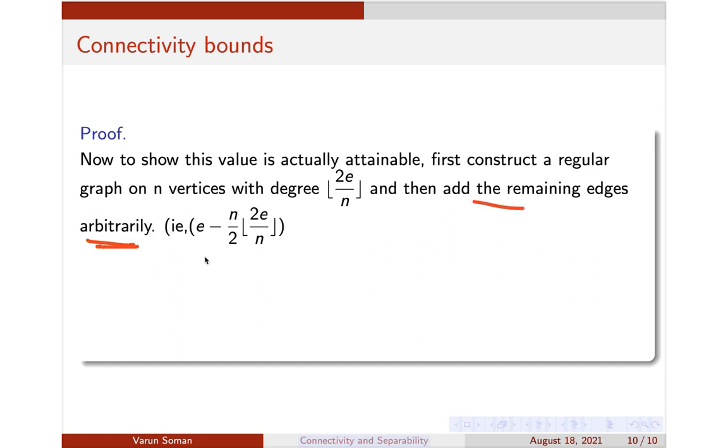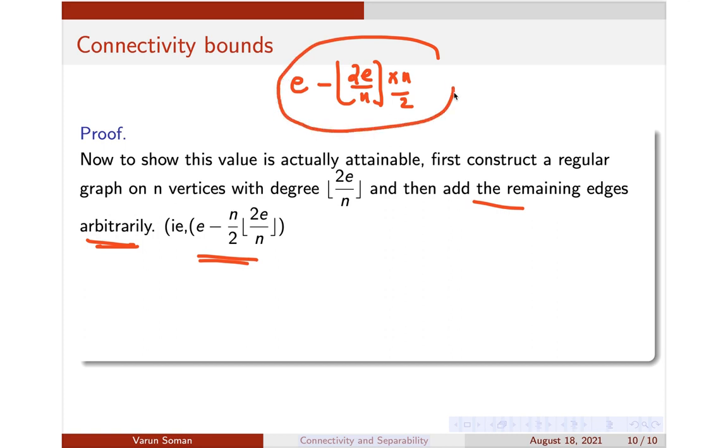So this is the number of remaining edges. Just think how this number has been obtained. It's a very simple thing, because the total number of edges is e, and I am giving 2e by n degree to each of the n vertices, and each edge has been counted twice, so the remaining number will be simply this quantity. This is the idea. It is not required for the examination, I am just telling you for information. So totally you had e edges, and you are giving 2e by n degrees to each of the n vertices, and each edge is counted twice, so this is the total distribution of edges. The remaining would be e minus this number.